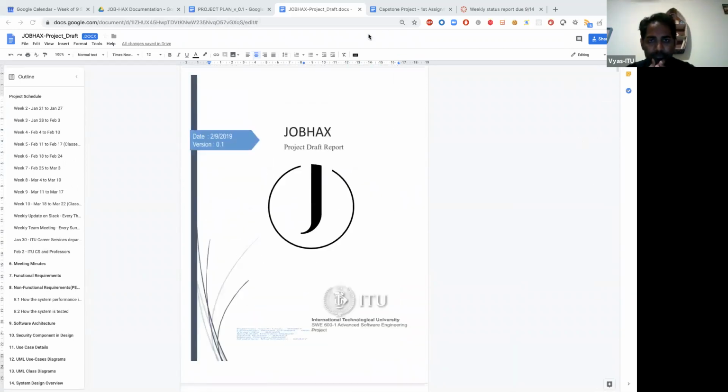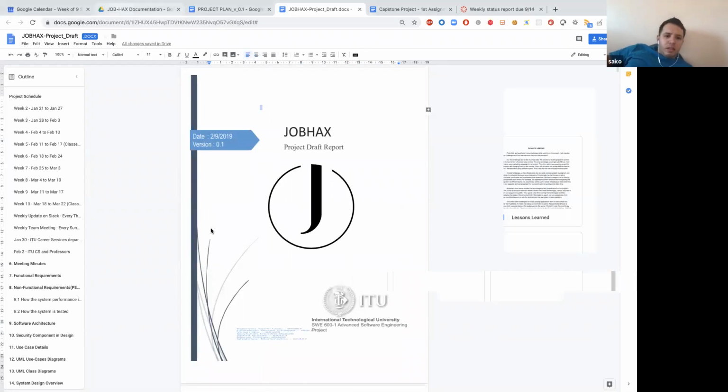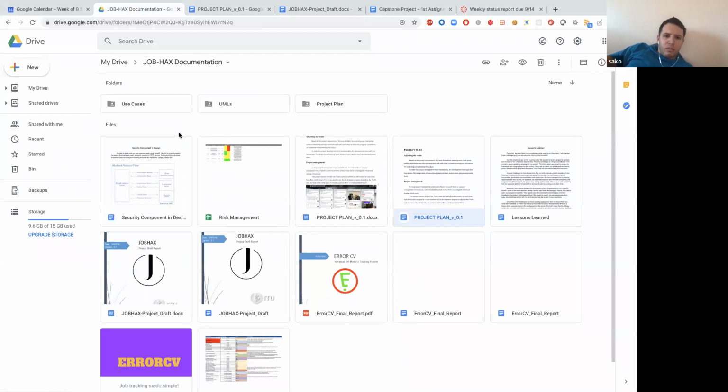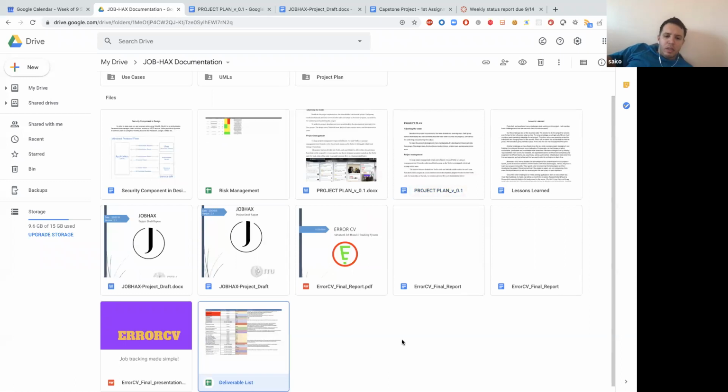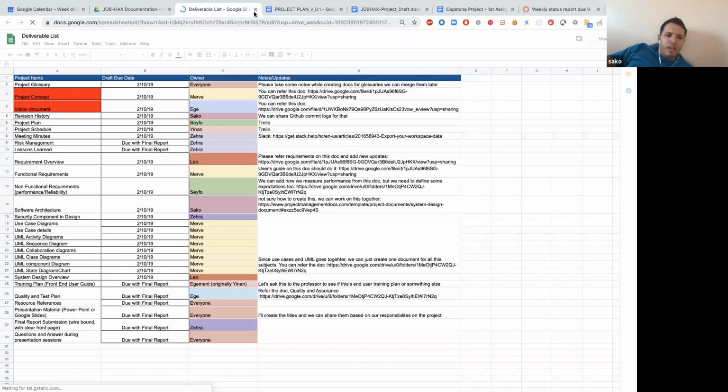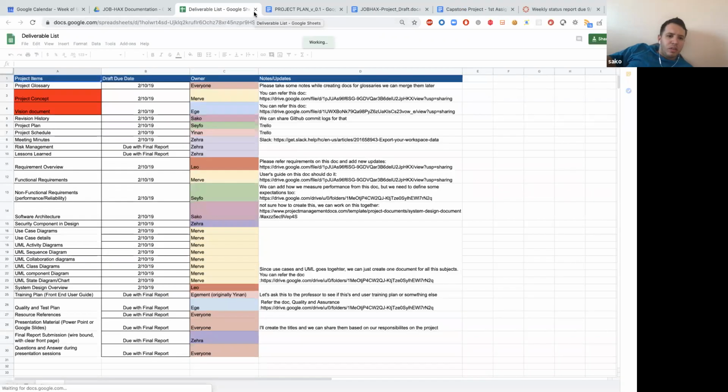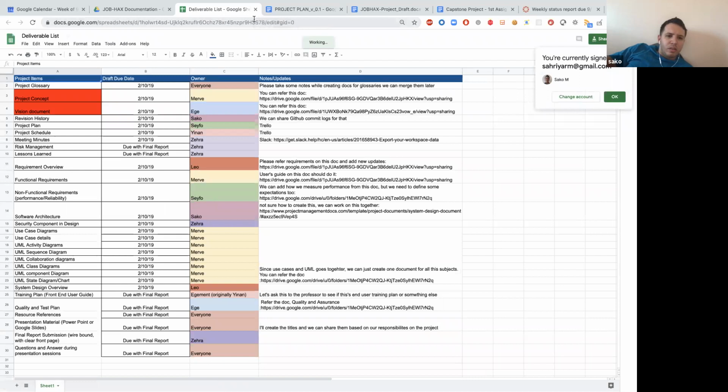Yeah. So I think I should add it right now here. I will take another document, and I am gonna put everything in one place, all the documents we had so far for the project. Due date, owners. Okay, that's not updated. Functional. That's what we have from the previous one.